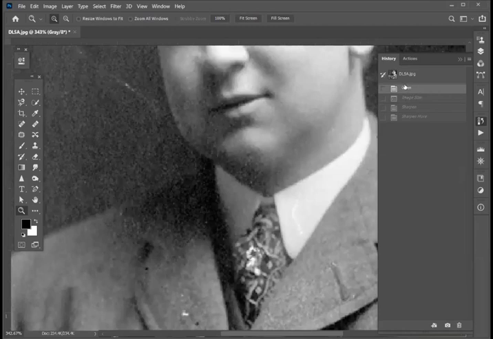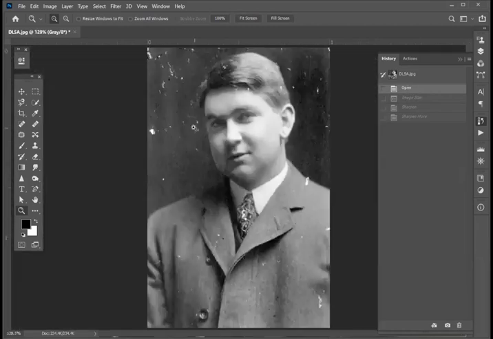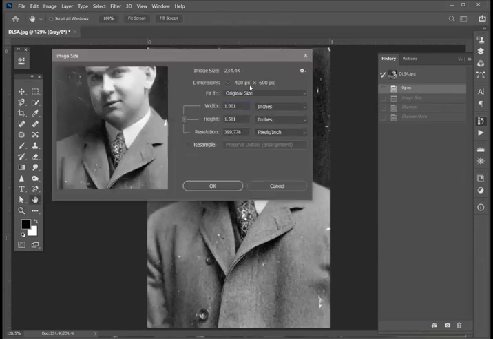And in my history panel, I'll go back to my original file. What I want you to do for this project is change the image size without resampling. I want to keep it at 400 pixels by 600 pixels, but I would like it to be 4 inches tall by 2 2/3 inches wide. So same size file, same number of pixels, but now we're looking at something that would print at 4 inches